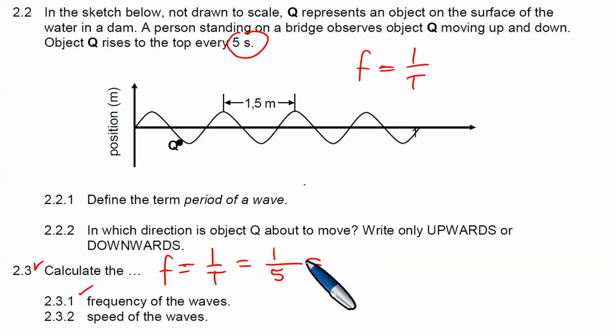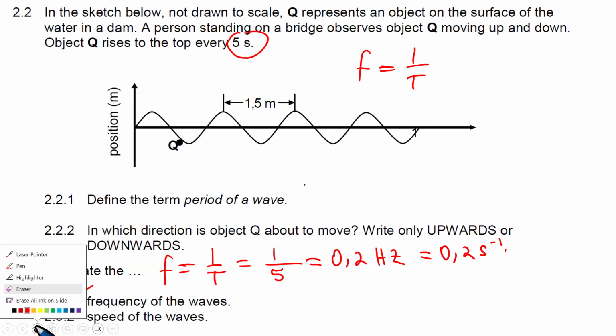So if you divide 1 by 5, you get 0,2 hertz or per second. So you can say 0,2 hertz, you can say 0,2 per second. So that is what we have there: 0,2 hertz or 0,2 per second. Okay, so that is what we have. And then you look at